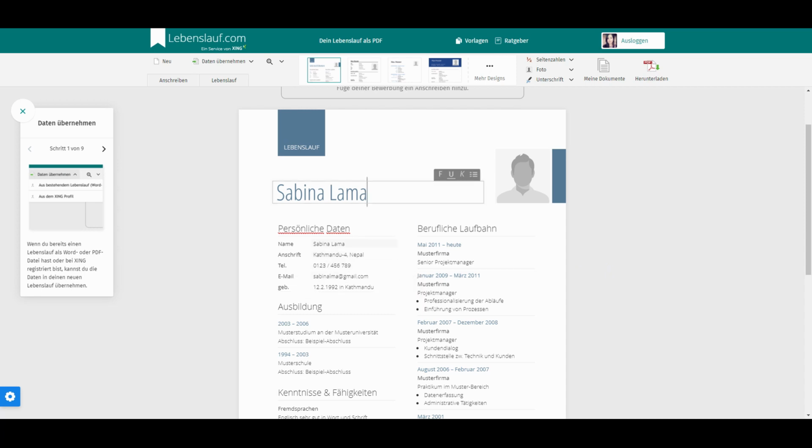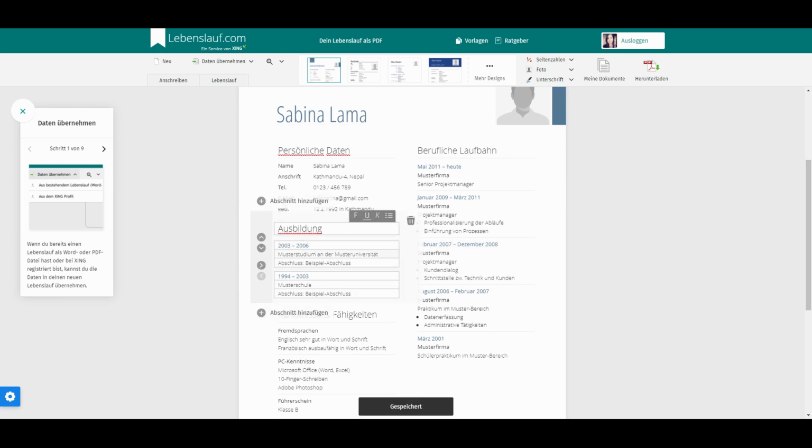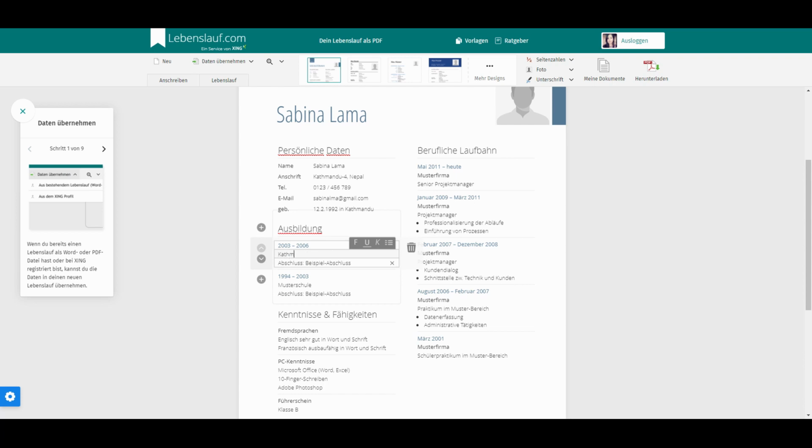So next point, here you can see Ausbildung. Here you can write down all your academic qualifications. In this point you need to write your date. You can write the school name here, Kathmandu school, for example, and Abschluss means what you completed at the end of school, which is called in German Realschule. And you can also write there in bracket